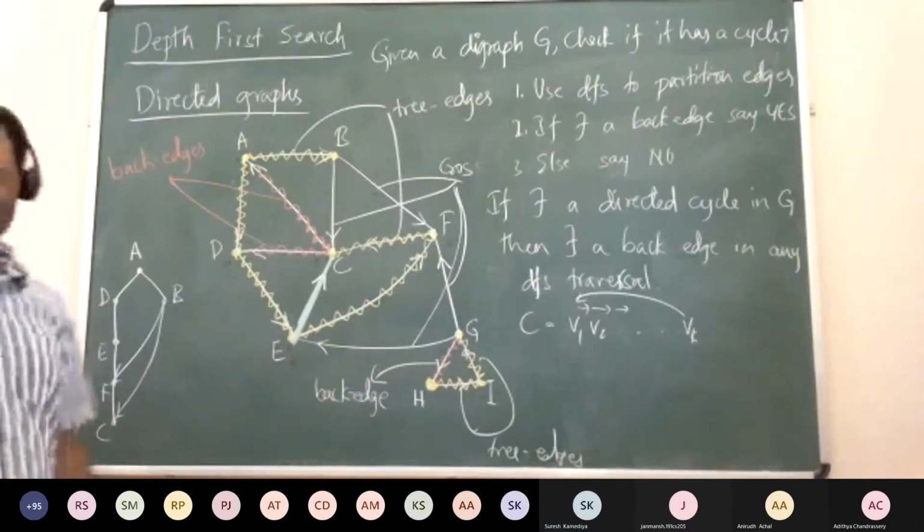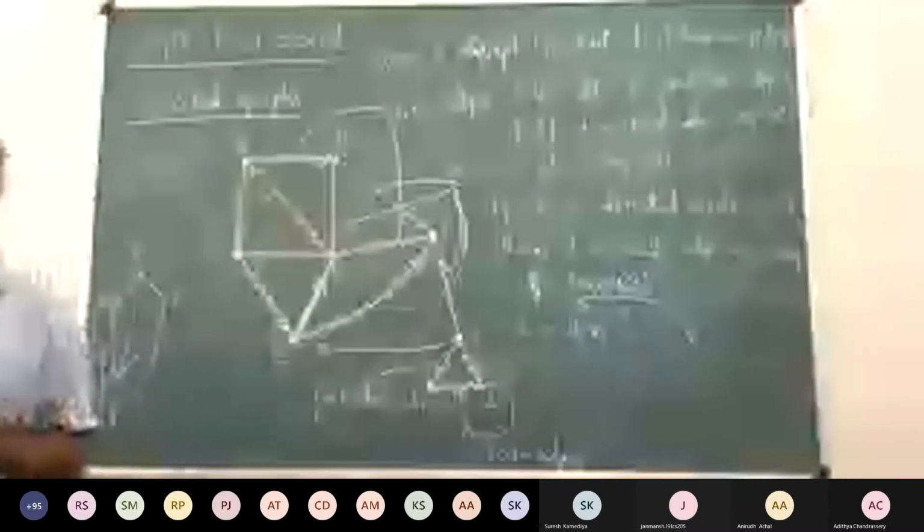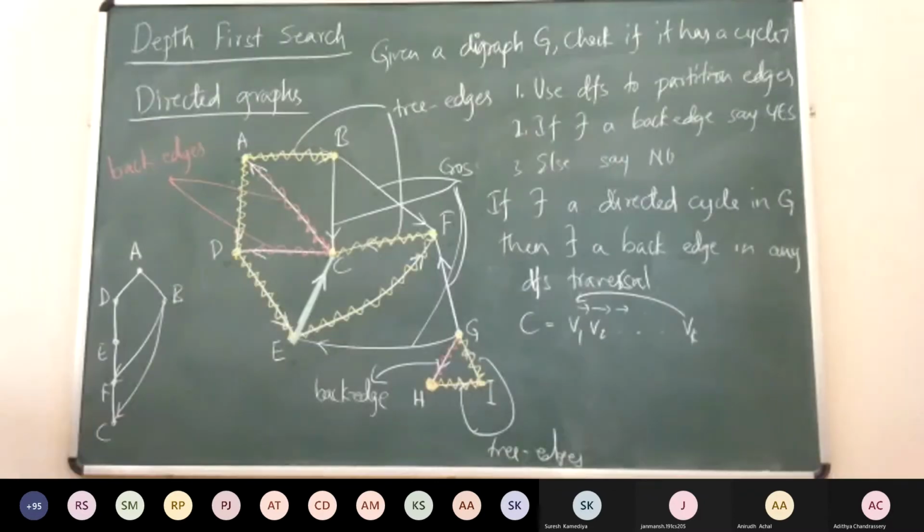V1 to Vk are connected? No, right? We say connectedness has a very different meaning in directed graphs, because we talk about strong connectivity when there is a path from V to U and U to V. Only then we will use the word connected. Otherwise, we will just use the word path. There is a path from V1 to Vk. There is a path from V1 to V2, V1 to V3, V2 to V3, something like that, V3 to Vk. So using this, can we say something?